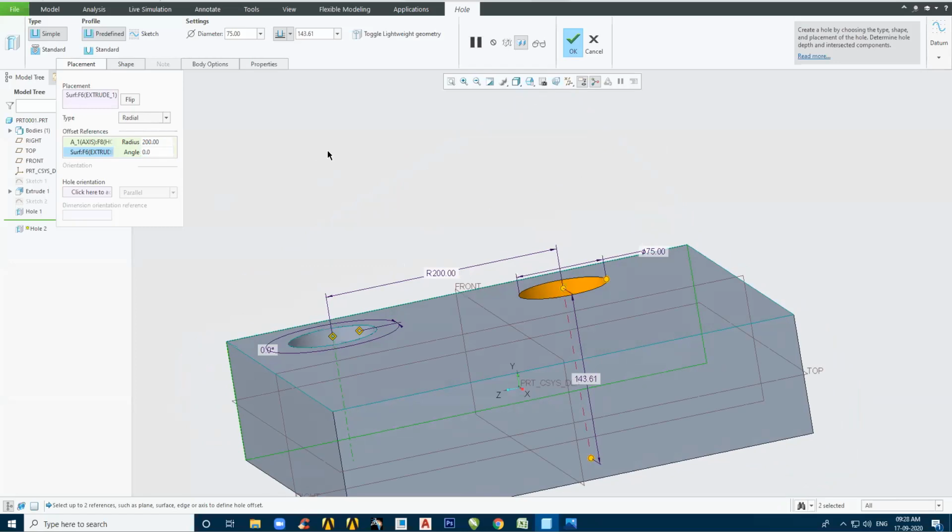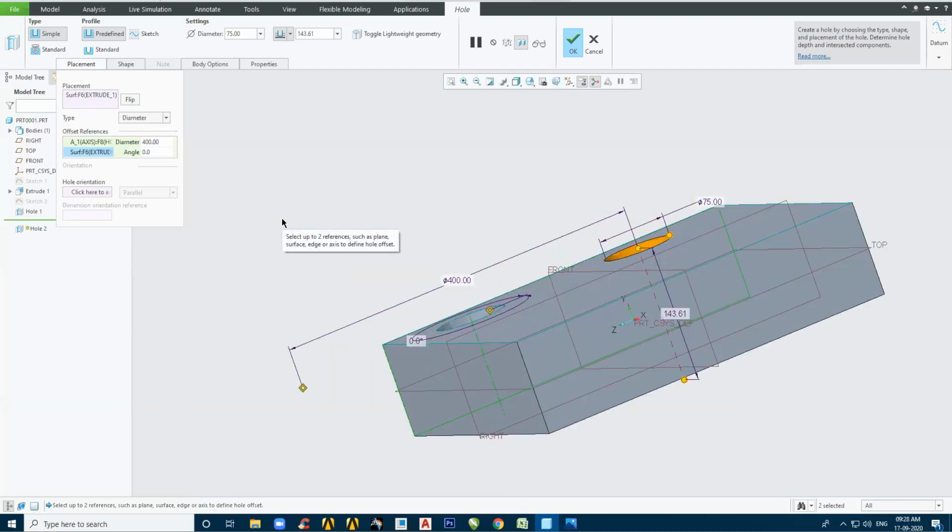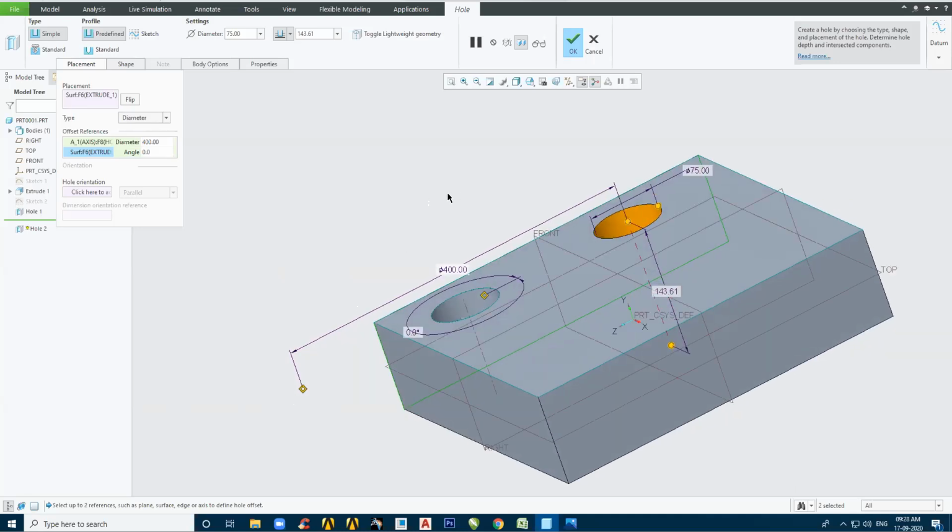Yes, sir. Now, instead of this radial distance, from here I am changing to diametrical distance. See this, diametrical distance. Got it? So a virtual center line has been created. One virtual object has been created over here, and you get a diametrical dimension. Got it? This thing is completely done virtually.